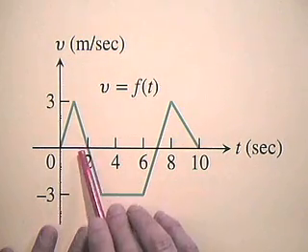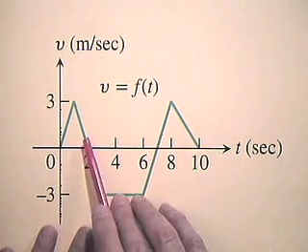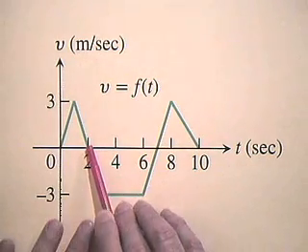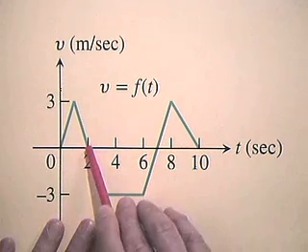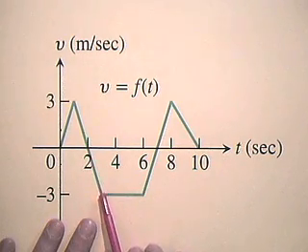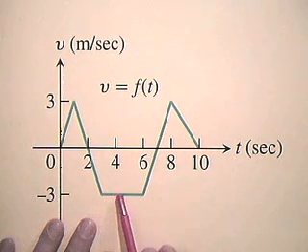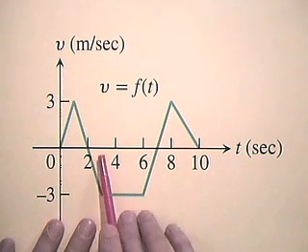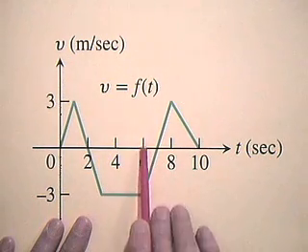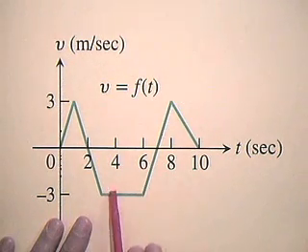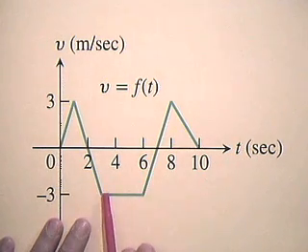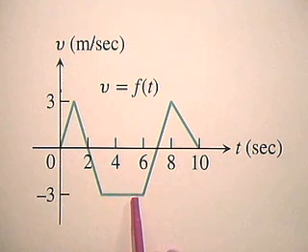If the velocity is continuous, notice that it can't change directions without going through 0. Every place we change directions will be a place where the velocity is 0. Now the velocity is going ever more negative until finally it becomes constant over the range from about t equals 3 seconds to t equals 6 seconds. There the body is moving at constant velocity, and in fact, since speed is the absolute value of velocity, the speed